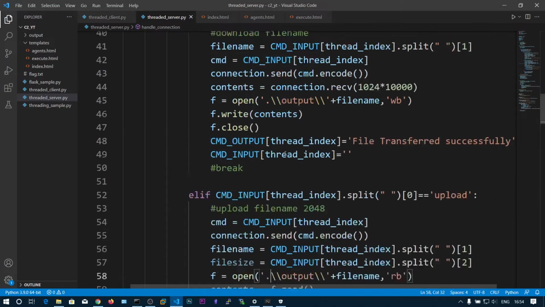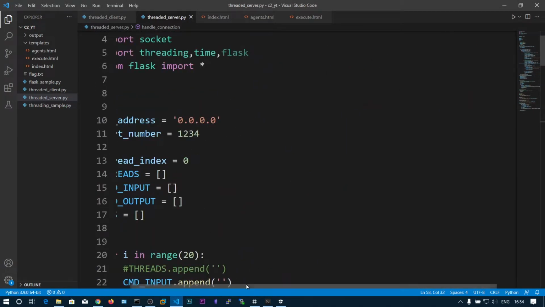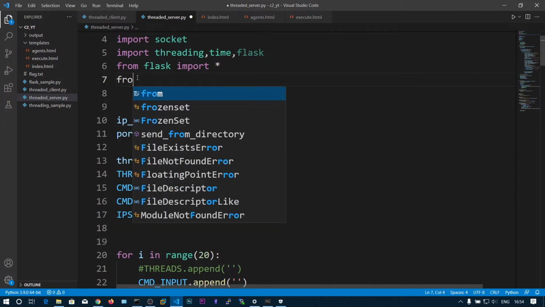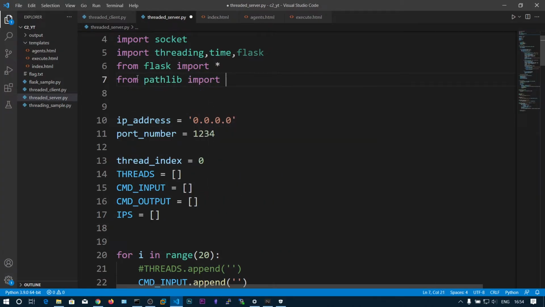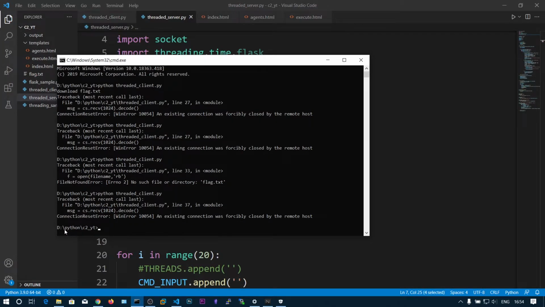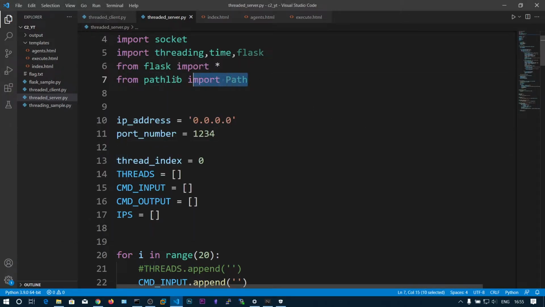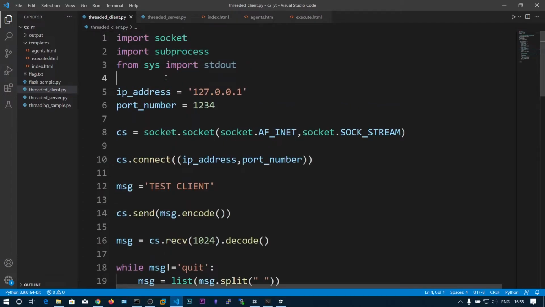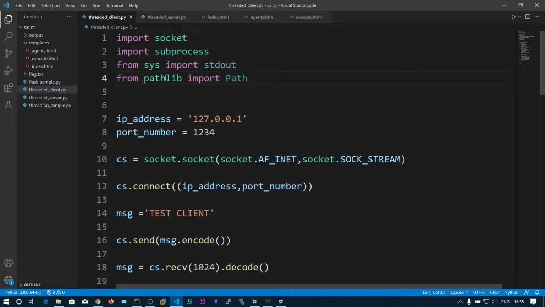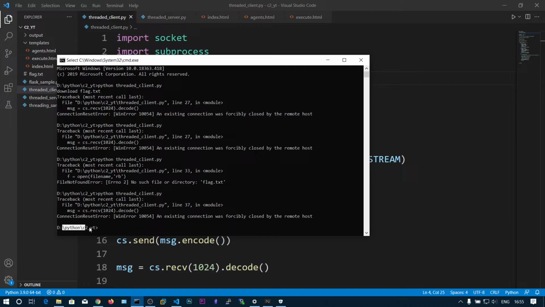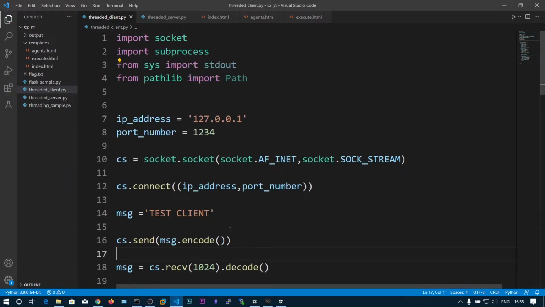Now we are going to modify something: from pathlib import Path. With this Path, if you send forward slashes or backward slashes, it will identify the actual path and it will not give any errors for these forward slashes and backward slashes.